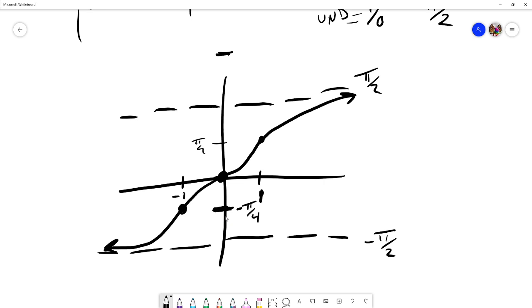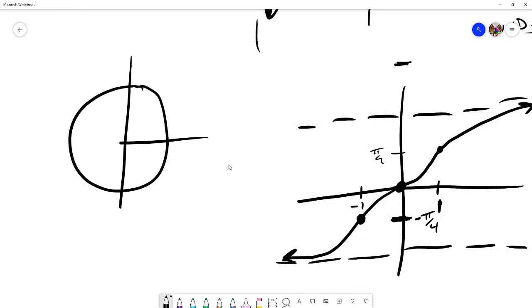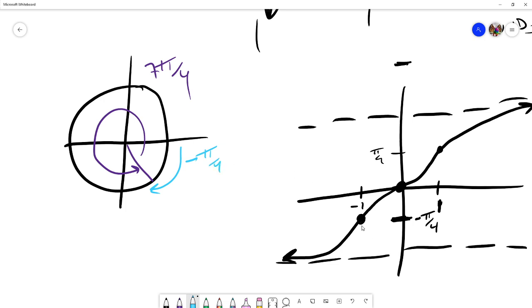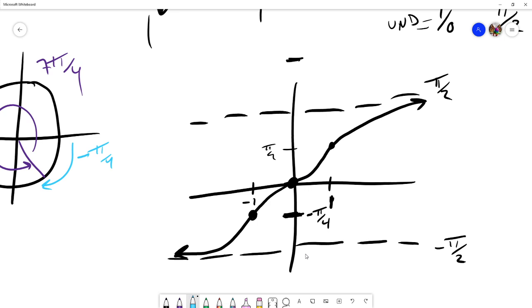So, if we recall our unit circle, if we go in the clockwise direction, that's the same as a negative angle. This angle here, if we go positive, is 7 pi over 4. But if we go in the negative direction, that is clockwise, that is just negative pi over 4. So that's why we get this point here. Alright, that is a very terrible looking arctangent